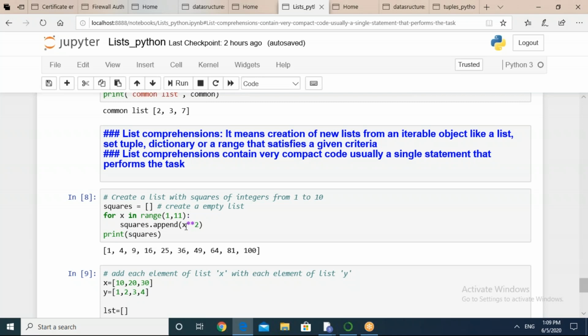So interesting it is. आपका यहाँ पे स्क्वायर भी कंप्यूट हो रहा है वैल्यूज का, और साथ के साथ आपका 1 by 1 लिस्ट में भी अपेंड हो रहा है. So it will keep on appending the newly computed squares of the numbers from 1 to 10 in the list with the name squares. And then you can just display your output, which is shown below: 1, 4, 9, 16, 25, 36, and so on, up to 100.